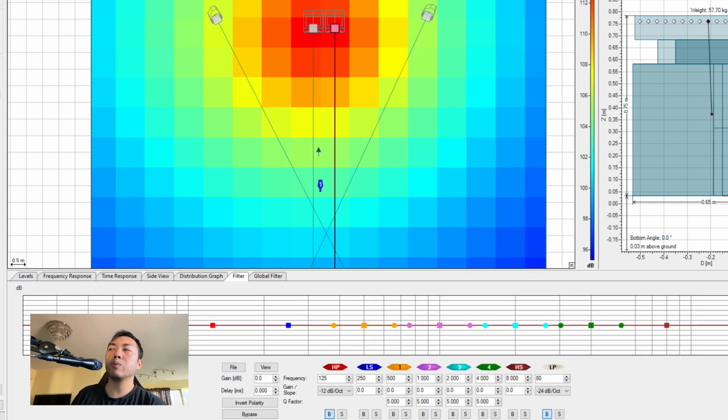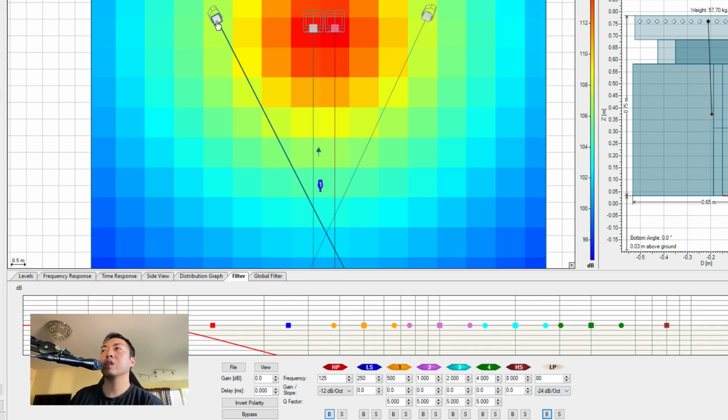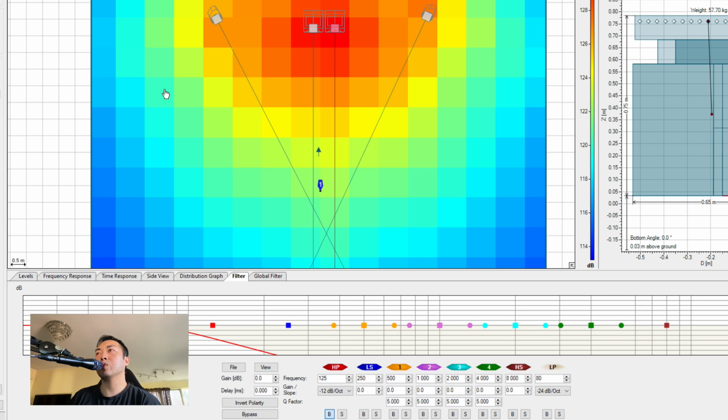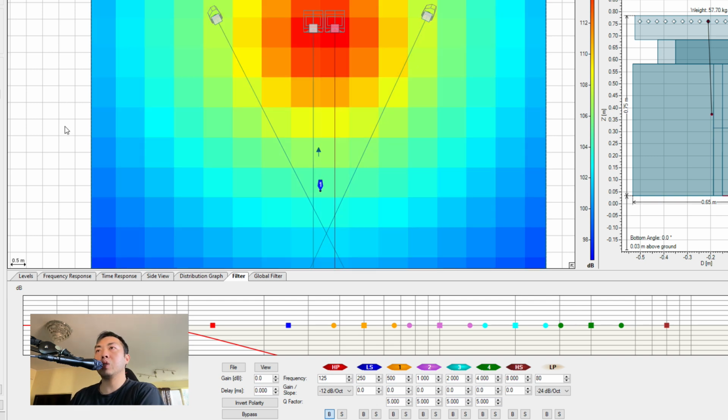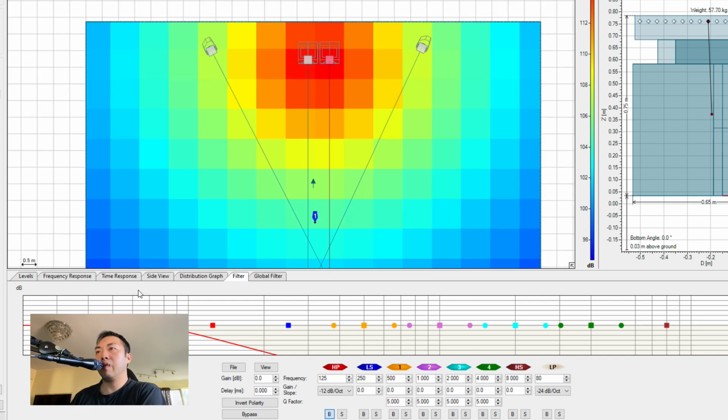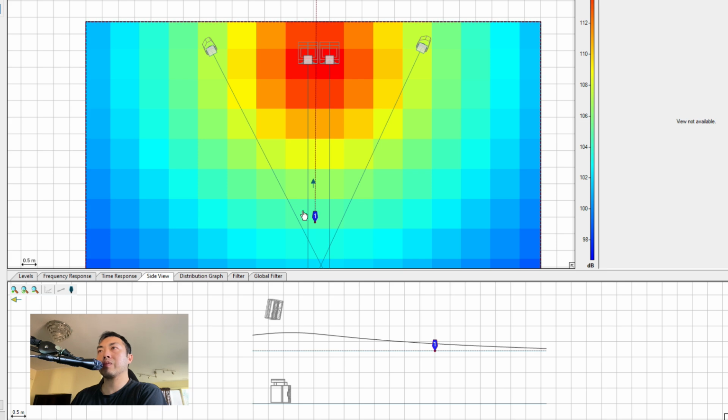That little bit louder is enough to, quite frankly, be the difference between people really enjoying the system, or people going, oh, I can't hear anything, or can you please turn it up? So if I do that frequency graph thing for you guys to see again,